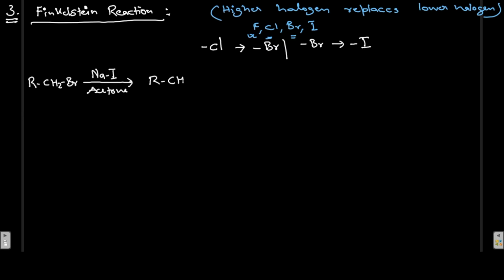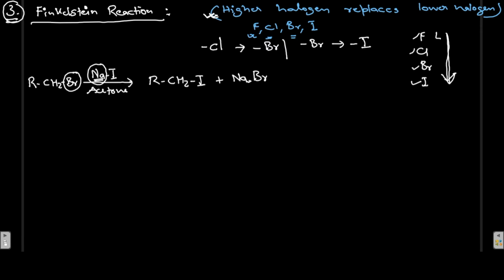RCH2I, iodide, will be formed, and this sodium will react with bromine to form sodium bromide. The fourth one is